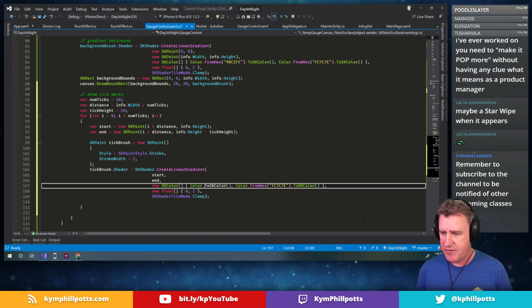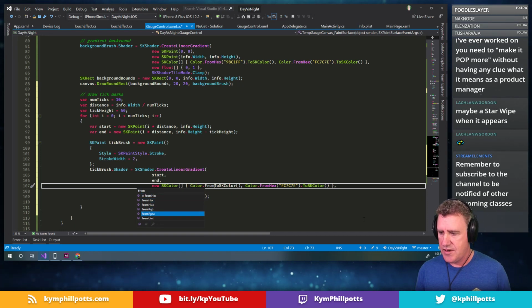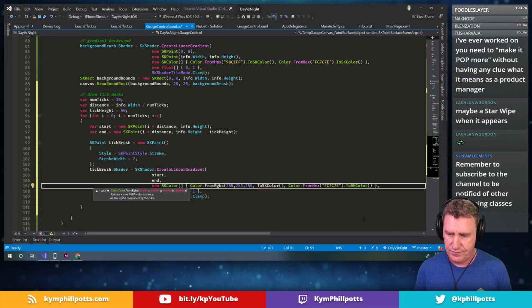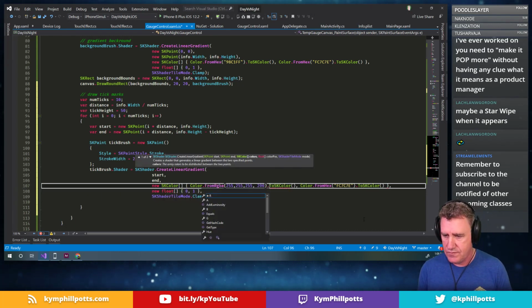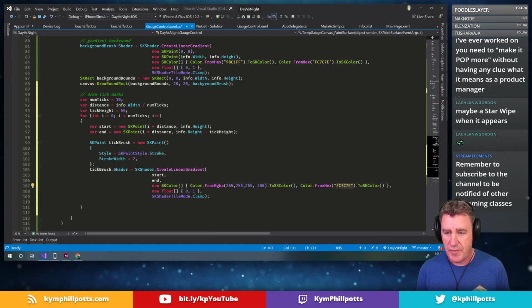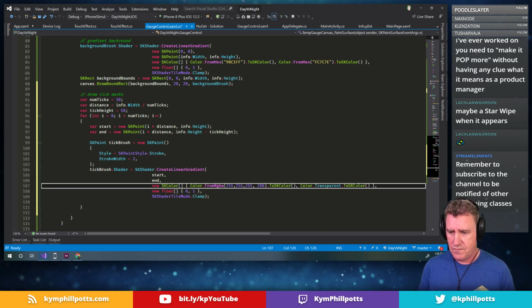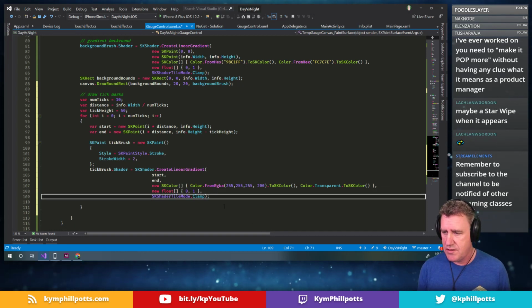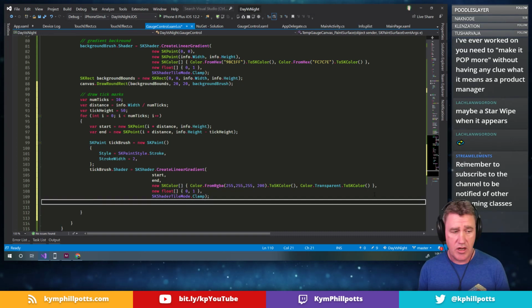So we'll say Xamarin.Forms Color dot FromRgba 255, 255, 255, alpha of 200. And we want to go up to basically transparent, actually. Right. From 0 to 1. Clamp that bad boy,